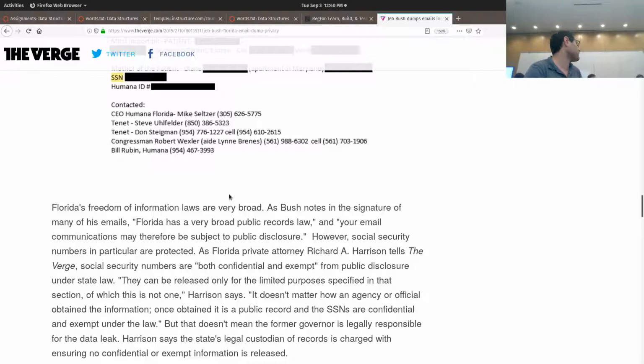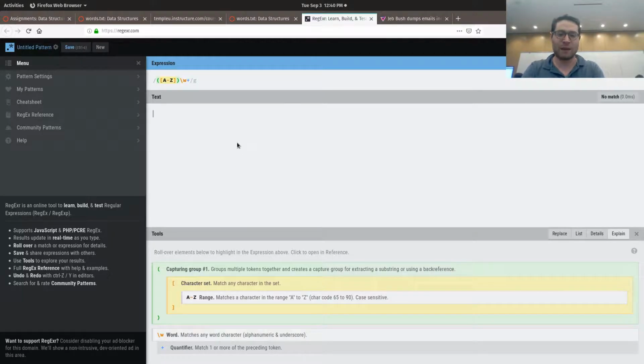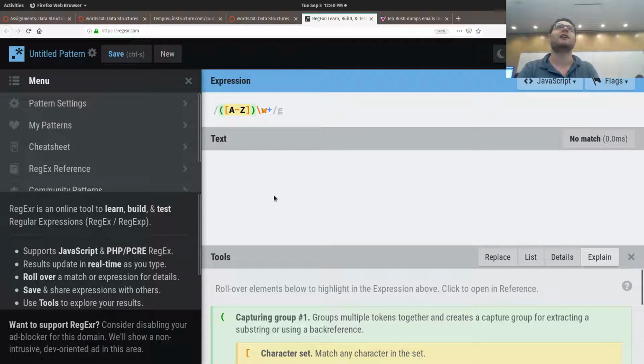So anyway, in an effort for transparency, he released all his emails, and did not redact any of the social security numbers. The reason I bring this up is that social security numbers, if you're trying to do just a find and replace normally, can be a tricky thing to find, right? How do you find and replace a generic social security number? The answer is, using standard find and replace, you cannot. However, if you use regex, or regular expressions, it becomes a trivial thing, right? This is an example of where I like to show that things are much easier when you know programming. So, for instance, here is a regex for a social security number,